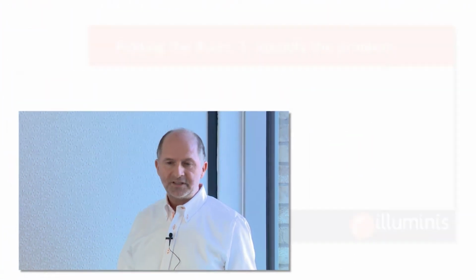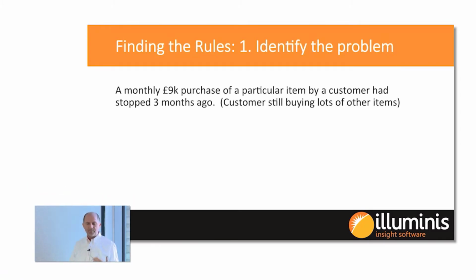I think he rang me because he knows I'm a bit of a data nerd and I do like a puzzle, and this was a nice little puzzle, so a little think about it. And this is a really good example of how if you can create a rule to look in some data sets, you can come up with some answers that solve your problems. First part of that is, what's the problem we've got in the first place? So in this instance, this monthly £9,000 of a particular item by a customer had stopped, but that customer's still